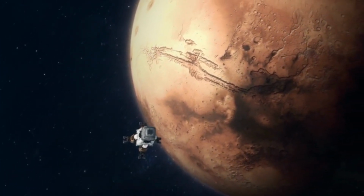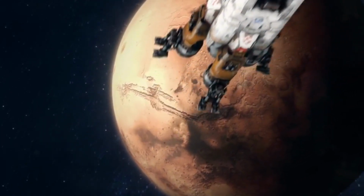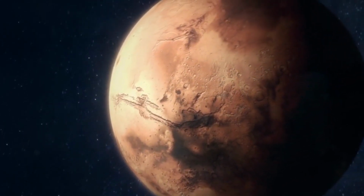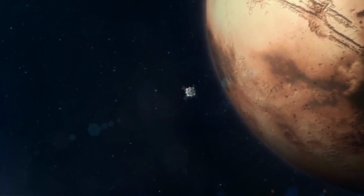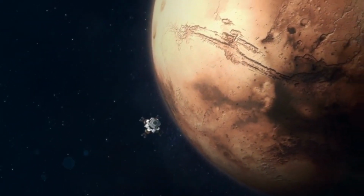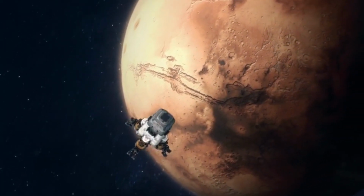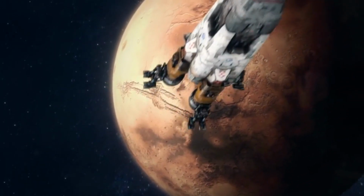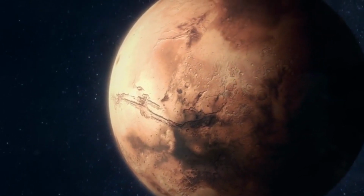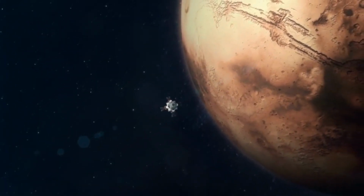However, in a bold move to accelerate space exploration, NASA is now developing a revolutionary propulsion technology known as the Pulsed Plasma Rocket (PPR). This cutting-edge technology has the potential to cut the travel time to Mars by more than half, reducing the journey from several months to a mere 2 months. This breakthrough could completely reshape how we approach interplanetary travel, allowing humans to reach Mars faster, more efficiently, and with